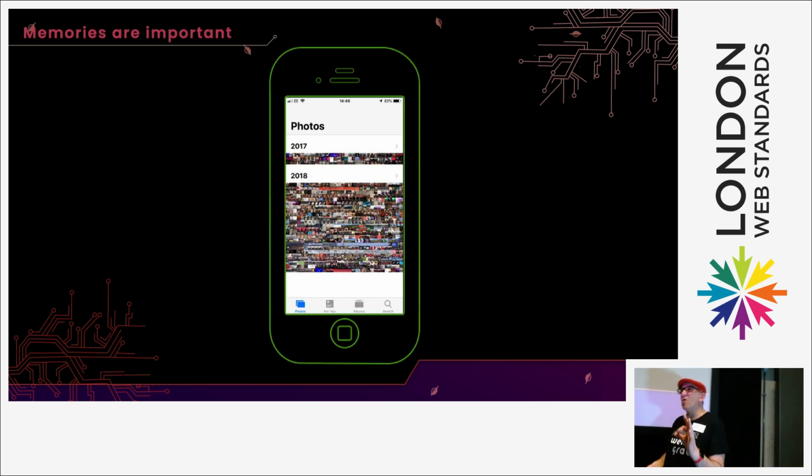Memories are way more important than the app on your phone. I take loads and loads of photos. Everybody takes loads of photos. And I'm not going to delete my photos over your native app. What I'm going to do is run out of space, and delete this app that I don't even use. I dare say that everybody in this room has probably got more than 10 apps on their phone, and some of them they haven't even looked at for the last 2 years. Memories are more important than your app.